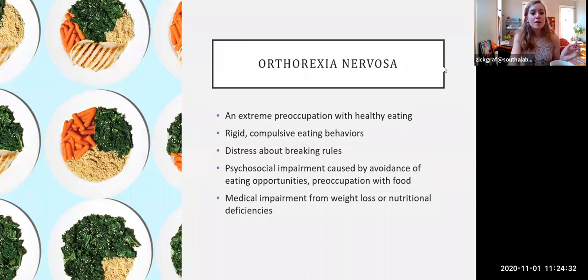Okay, so another similar but different eating disorder presentation is Orthorexia Nervosa. Orthorexia is an extreme preoccupation with healthy eating, and it can involve really rigid, compulsive eating behaviors with a lot of rules, a lot of distress about breaking those food rules, and a lot of preoccupation with food. So a lot of time spent thinking about what you just ate, what you're going to eat next, planning ahead, thinking about food that you can't eat because it's not healthy enough, thinking about what food you're going to eat. And so psychosocial impairment comes from this preoccupation with food, from distress about breaking food rules when it happens,